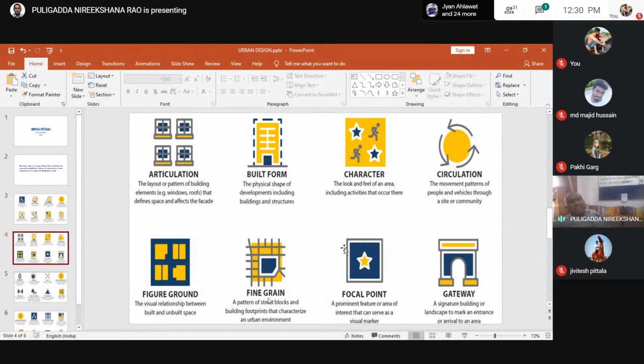The focal point: a prominent feature of an area of interest that can serve as a visual marker. Just now, one of your friends said, if you give 200 square meters of space, I want to choose it. India Gate is a focal point.